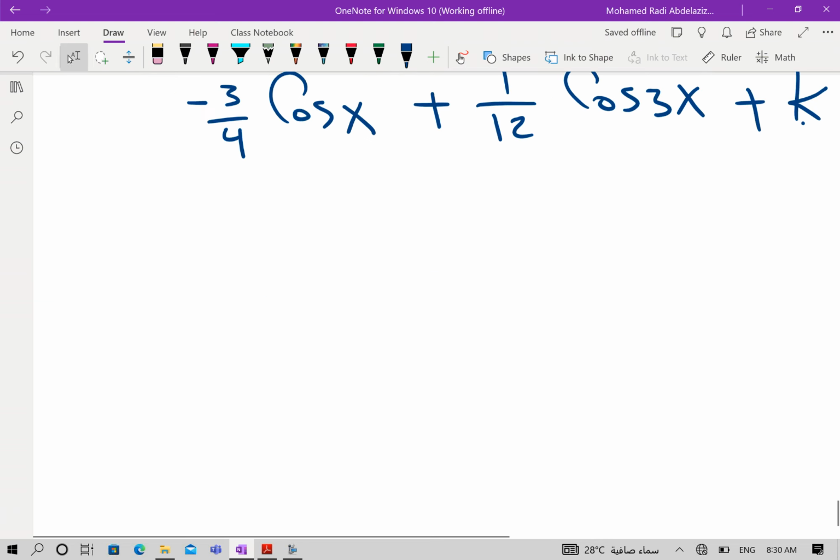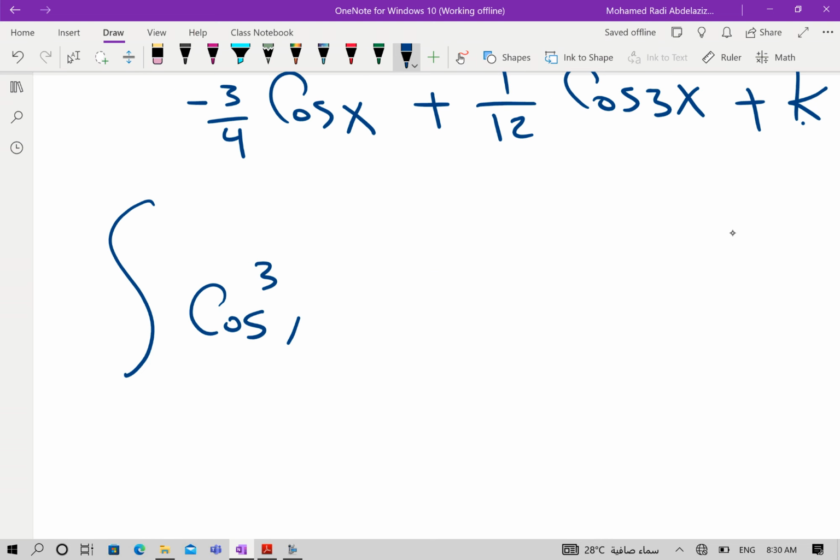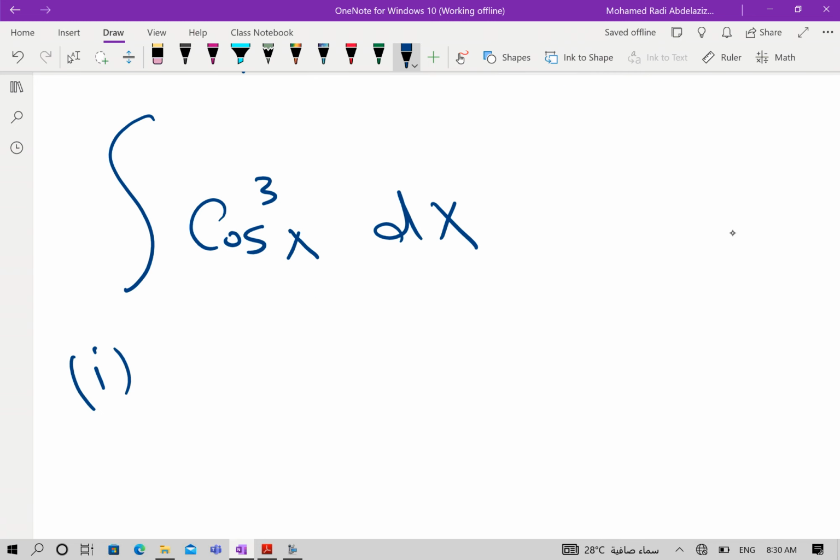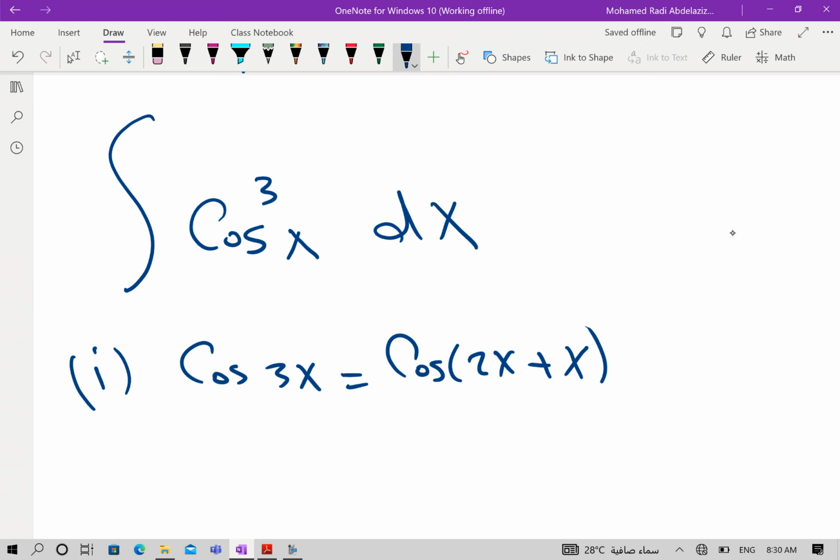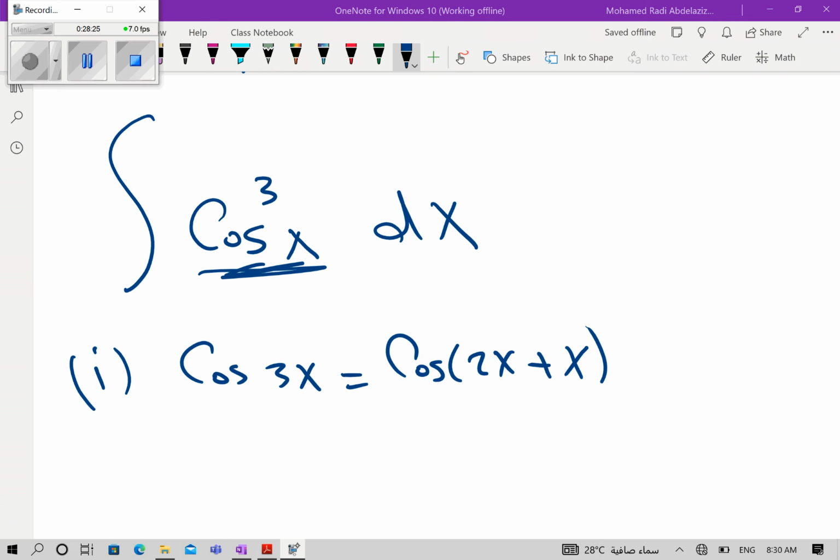By the same way, you can now integrate cosine cube x by dx. In part 1, he asked to write cosine 3x in terms of cosine x, then use it for integration. Then you can start with cosine 3x is equal to cosine of 2x plus x, expanded form, simplify, get your answer in terms of cosine. Then to integrate cosine cube, get it as a subject, then